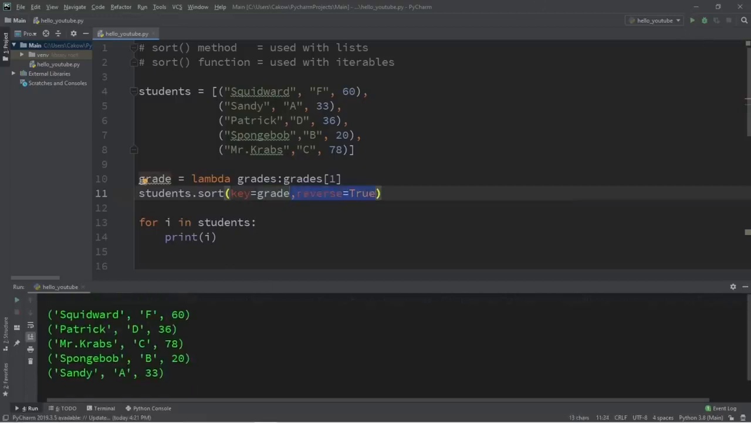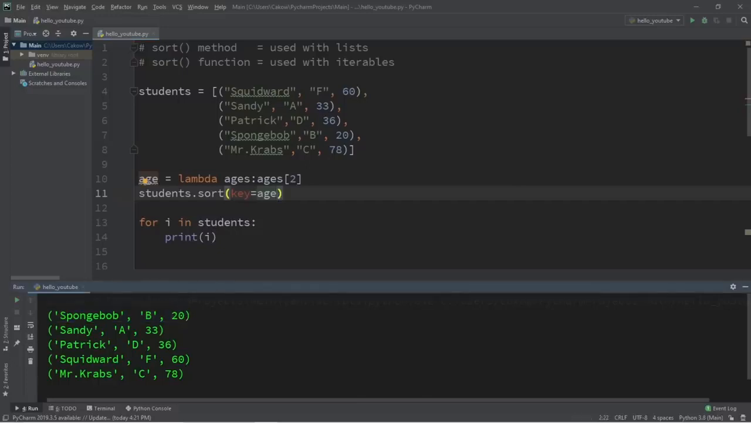And for practice, if you wanted to sort all of this data by each student's age, then we would change grade to, let's say, age. Age equals lambda. We'll change grades to maybe ages: ages, and the index would then be 2, because the first column here is 0, then 1, then 2, and change key to our function object of age. Now each student is sorted numerically, beginning with the smallest age, well, the youngest person, starting with SpongeBob, Sandy, Patrick,